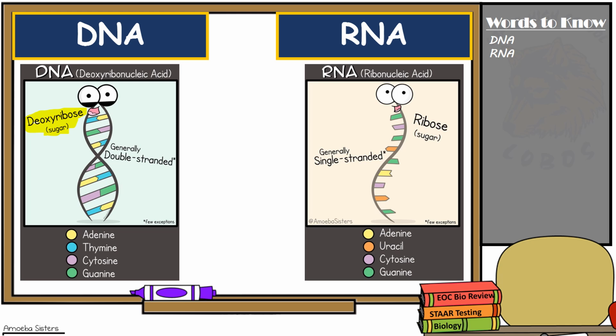However, there are some structural differences between DNA and RNA. As we mentioned before, DNA has a sugar named deoxyribose. Now, RNA, on the other hand, contains a sugar known as ribose. And DNA consists of 4 nucleotides, A, T, G, and C, while RNA also consists of 4 nucleotides, but RNA